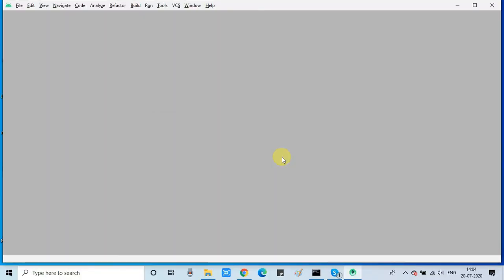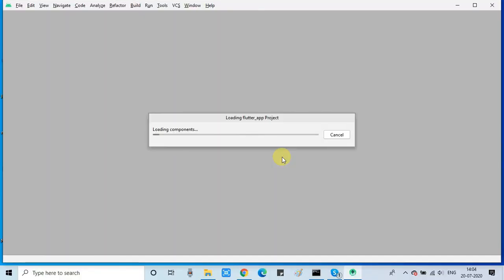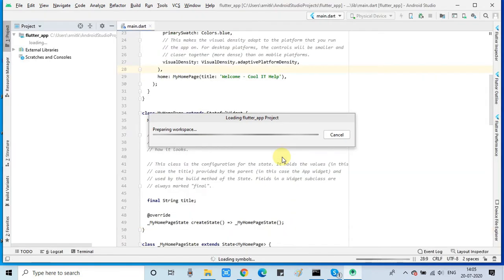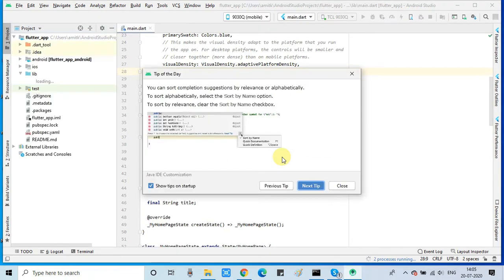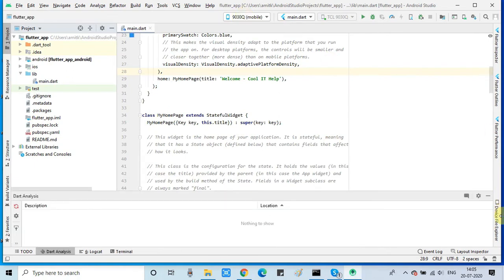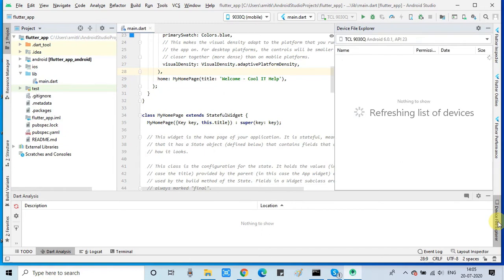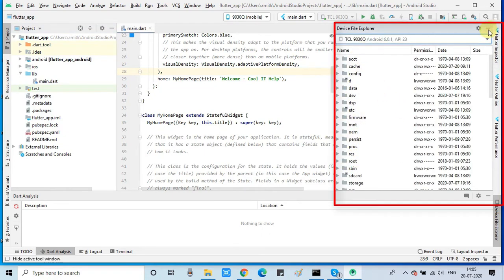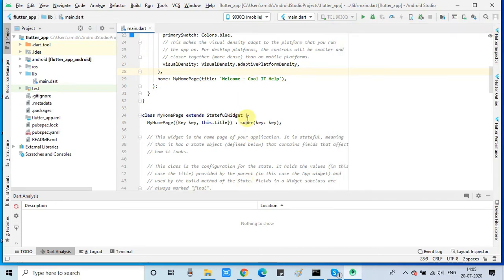Android Studio is reloading again. Okay, the IDE is loaded properly and now we are inside this, and this device is connected, and now again we will click on this device file explorer, and finally we will see the files inside the devices.